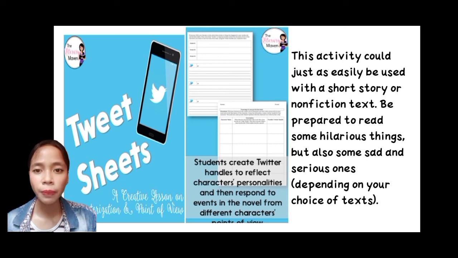Using these descriptions, they created possible Twitter handles for the characters. On the reverse side, students listed three events that occurred so far in their novel. At the end of the class, students were given a packet of tweet sheets to complete as they continue reading